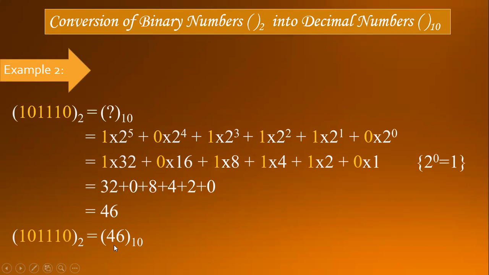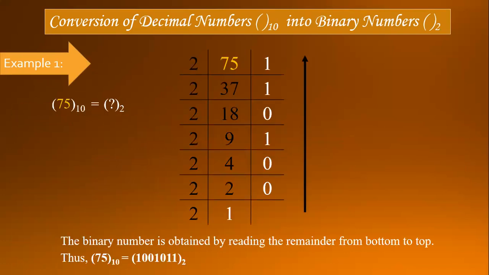In this session, we discussed how to convert a binary number into a decimal number. Now we are looking at the vice versa. We have to convert a decimal number into a binary number. So for decimal number 75, how can we convert it into a binary number? For converting a decimal number to a binary number, or to any other number, we must divide it by its given base. Now we are dividing 75 by 2 and recording the remainder here and the quotient here.